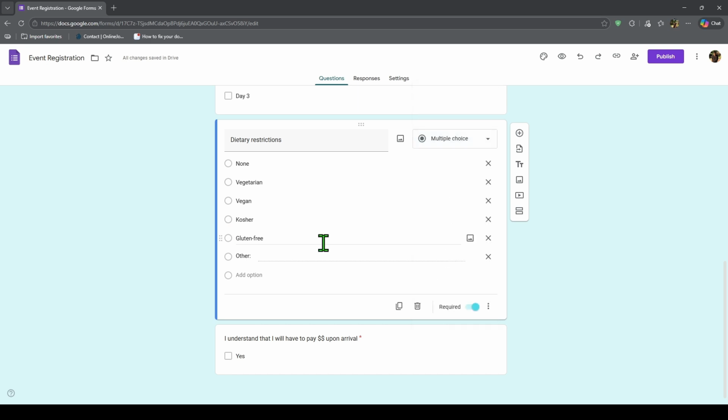limitation. So the steps are simple. Open the form, go to Responses, switch to Individual, find the response, and click the trash can icon to delete